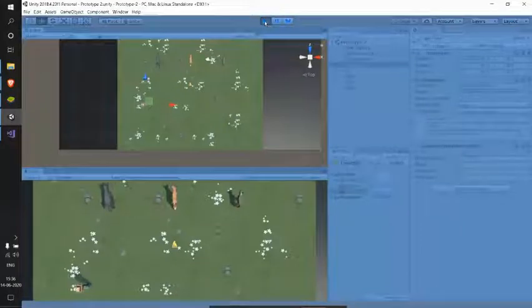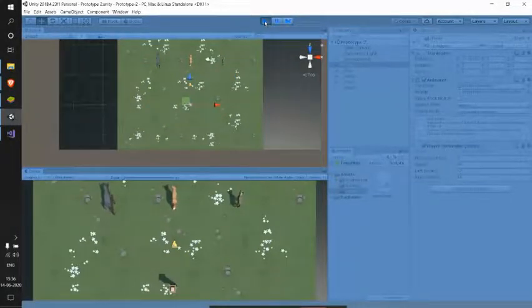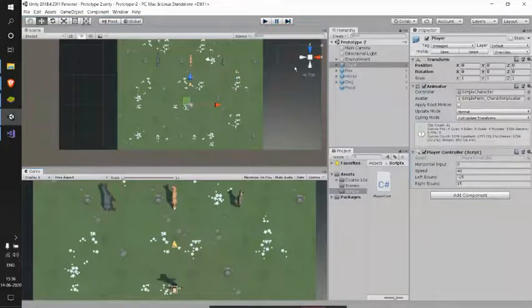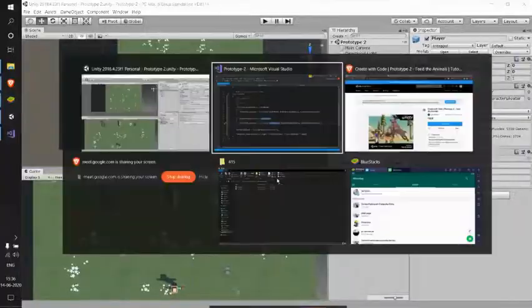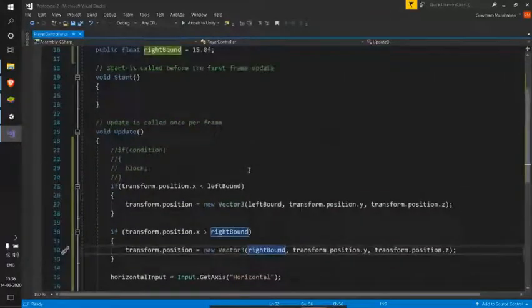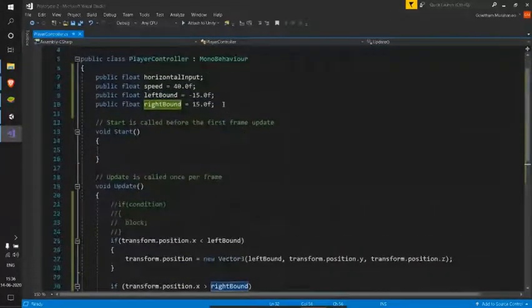So it's the same thing, right? I just replaced the values with variables. But see here, if we want to change our bounds, the left or right, now we have to change our two variables. So let me find another way to make our code even cleaner.